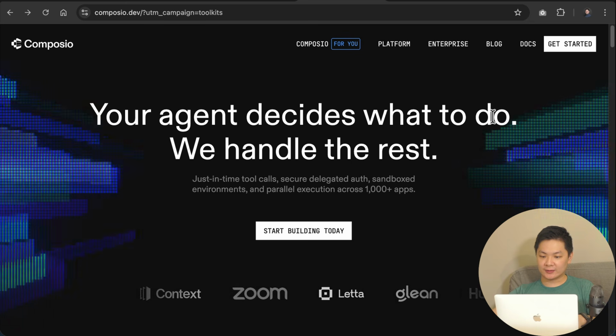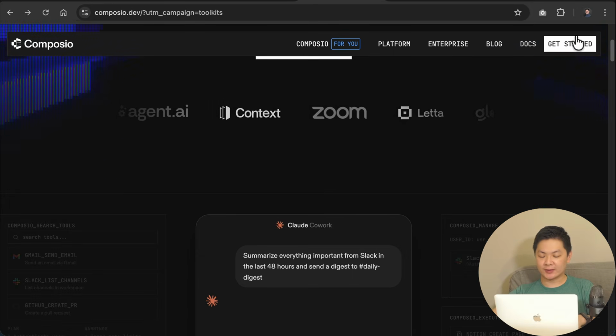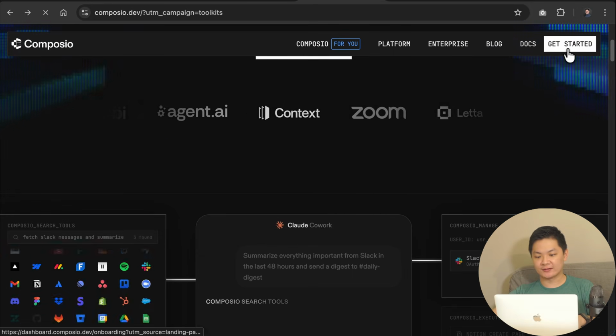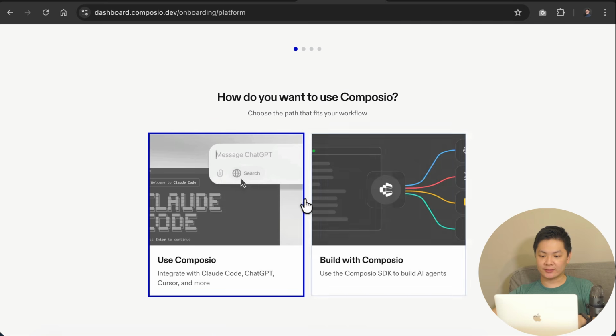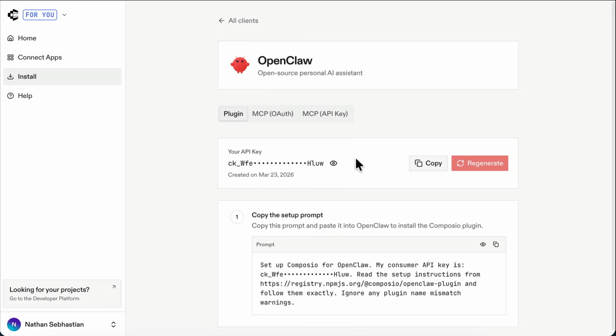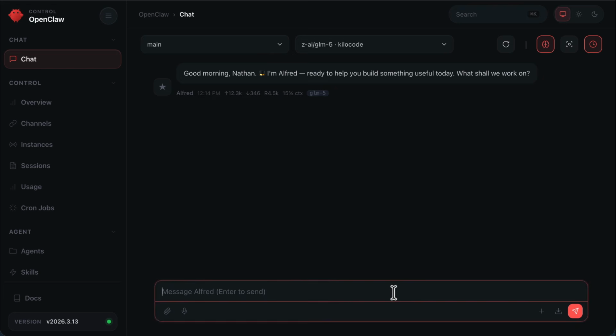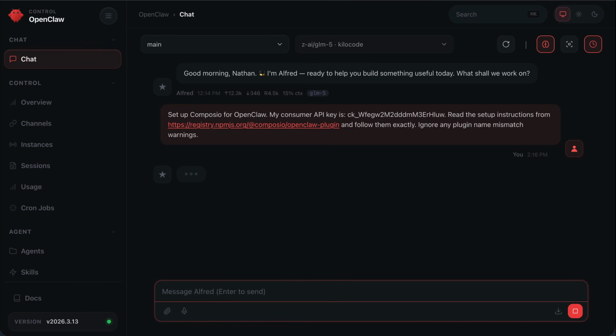Next, you need to install Composio to your OpenClaw instance. It's a framework that allows your OpenClaw agent to connect securely and safely to many tools. You can get started for free as well, so just sign up with your email. And once you're in the dashboard, you can install the plugin in OpenClaw. Just click this install button and then copy the setup prompt. Go to OpenClaw's chat UI, paste the prompt, and then press enter. OpenClaw will be able to configure the plugin from the prompt, and while it's working, let's go back to Composio,